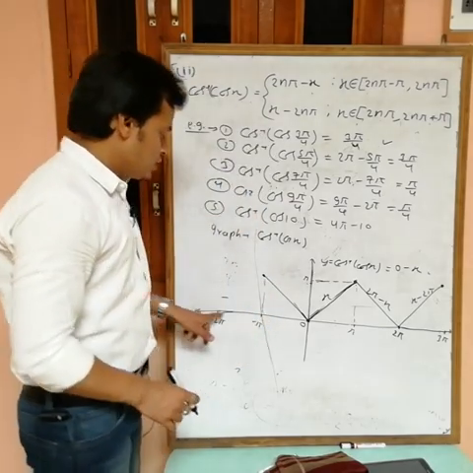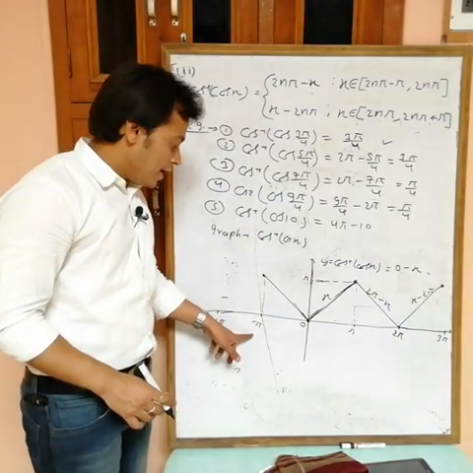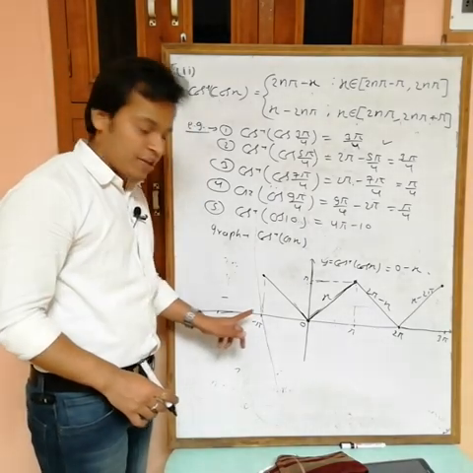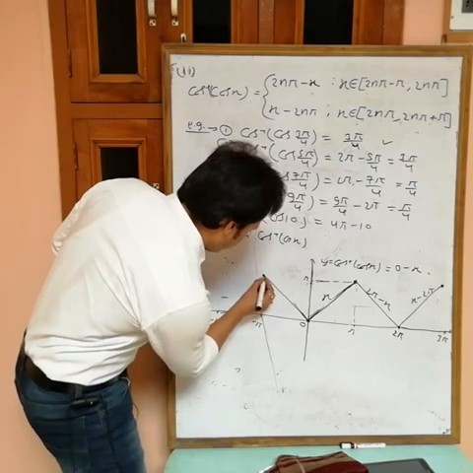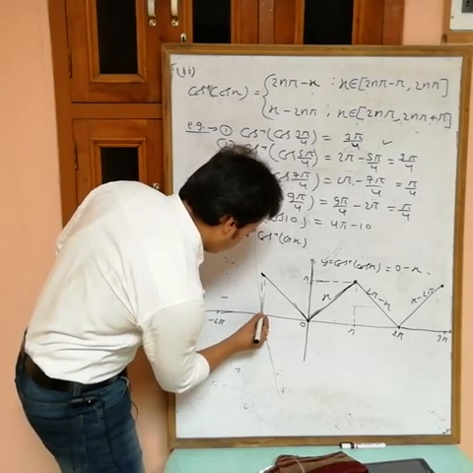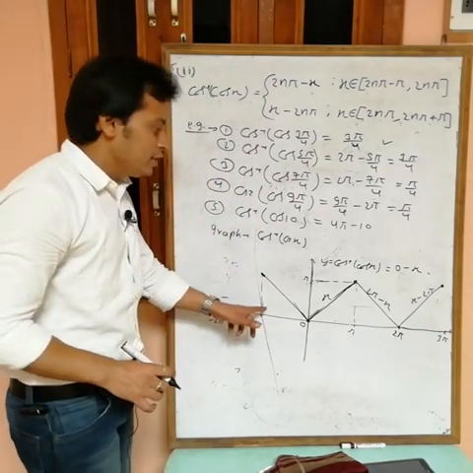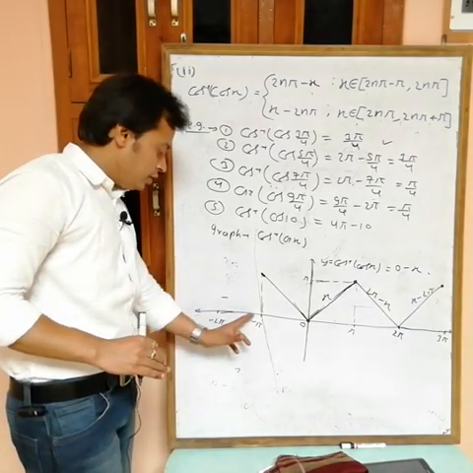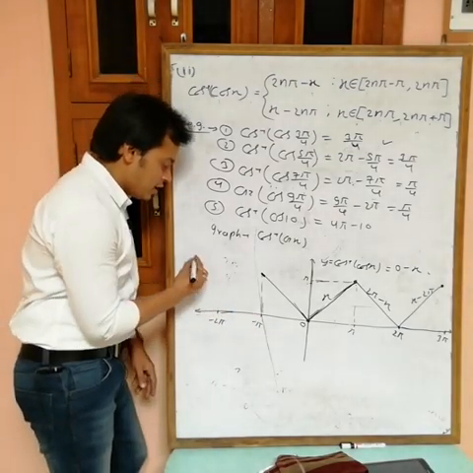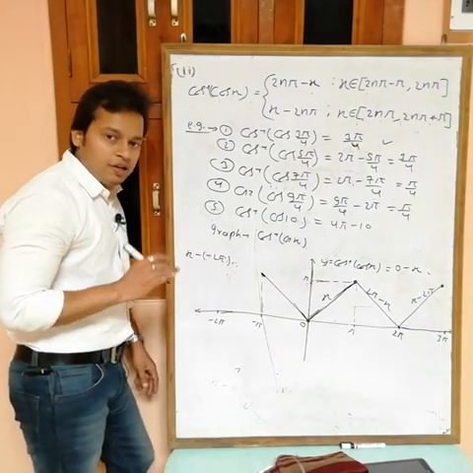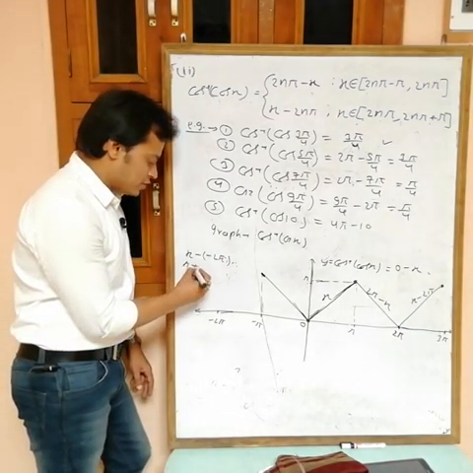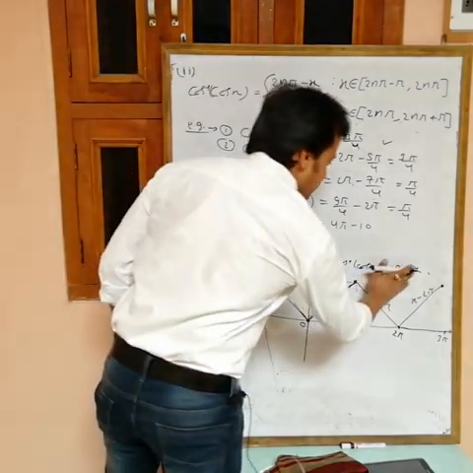Okay. Now minus 2 pi to minus pi. Now x is greater than minus 2 pi. If x is greater than minus 2 pi, if x is greater than an even multiple of pi, then the answer is x minus that even multiple of pi. So what are we getting? x plus 2 pi. So the answer is x plus 2 pi.